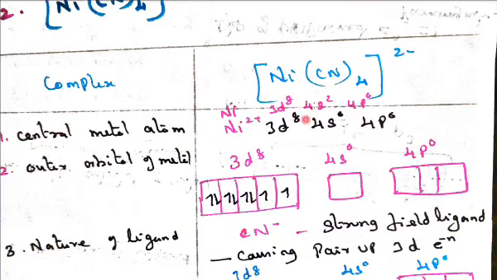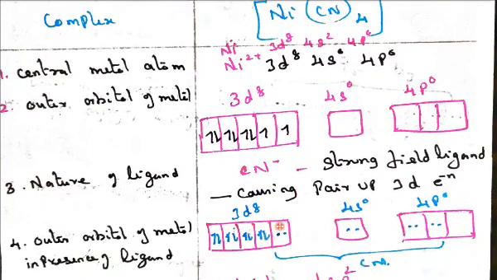Now we should look at the ligand, CO and CN, both are strong field ligands. In the middle of the topic I will tell you the spectrochemical series of strong field and weak field ligands. Later on I will explain this with the sequences. So CN minus is a strong field ligand. The pairing will take place. There is no electron in this s orbital. So it exchanges and creates a vacant orbital here. So the vacant orbitals are here, here, here, here.